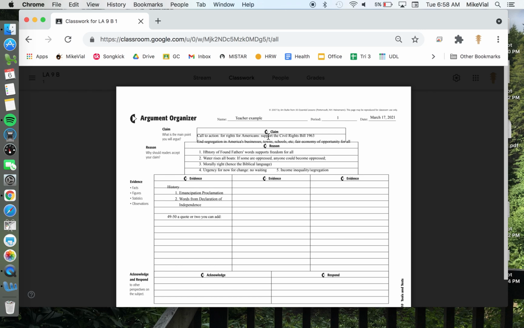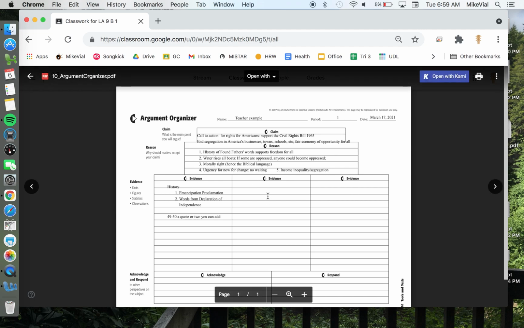But let's walk through what we might do in our thinking. What's your claim? Well, it's about why your character should be given the vaccination. Then you might want to start with your reasons. What are some reasons that make your character the best choice? It's probably going to be something from the strengths. And then you can get a little creative. I mean, you can't make your character a Marvel superhero. You can't go that far. You've got to live within the character's strengths and weaknesses.